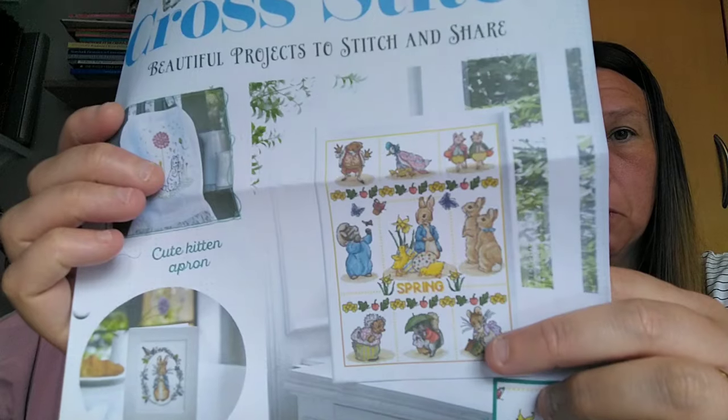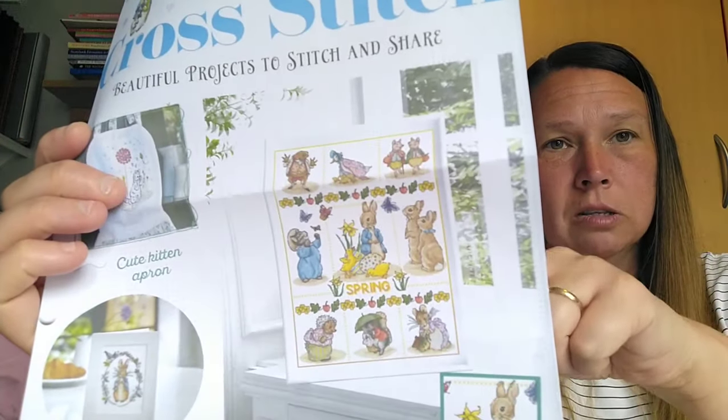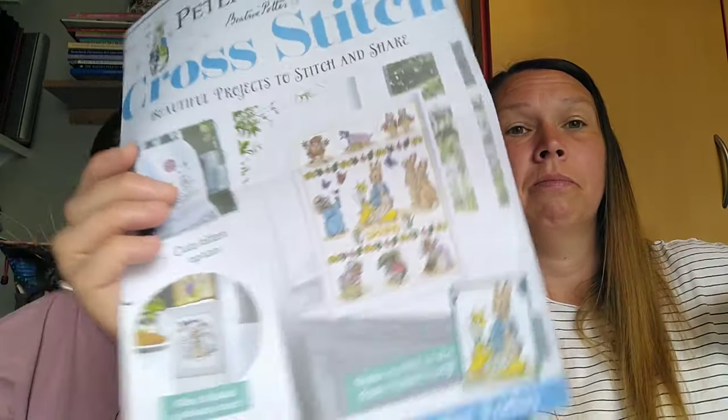There's a spring one, obviously summer, winter, autumn, and that's what I liked about it, that it's another thing that I can just bring out for the seasons. So that is how I am actually doing it. I'm using everything that has been included in the kit. The fabric is a little bit hard, as they all are in those type of things,